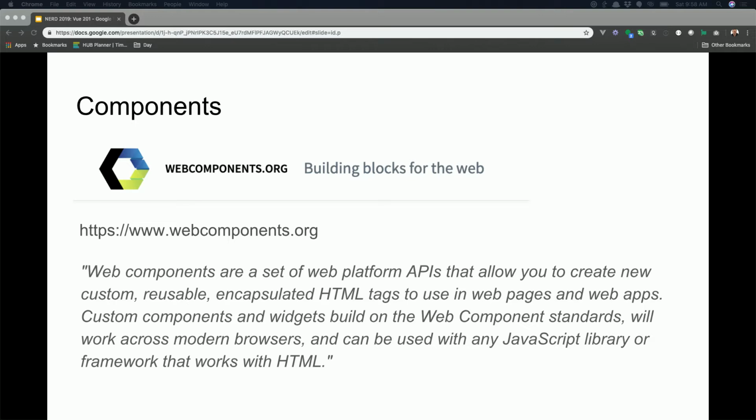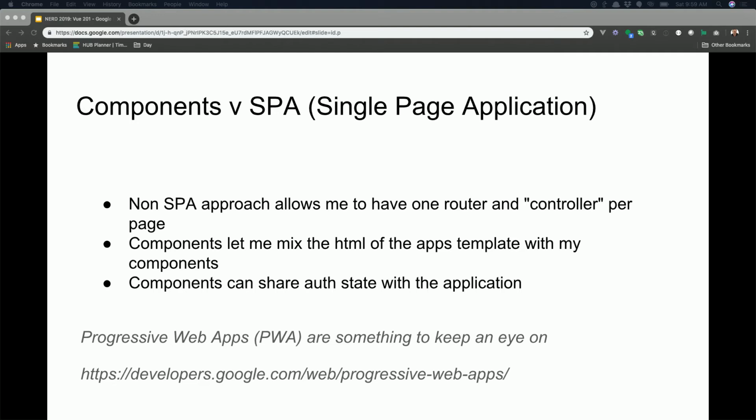Everybody know what a component is? Anyone doesn't, raise your hand. Okay, so a component is basically, I think the web is moving in this direction where we build little, if you imagine div tags, we're going to build our logic into this div tag, and it's portable, so I can take one component from one browser to another, and it should work. Also, it will be portable in the sense that one component in Vue could spit out content that's compatible with other languages or other frameworks. So components, to me, even though you can use those in single-page applications, I'm focusing in this talk on components.